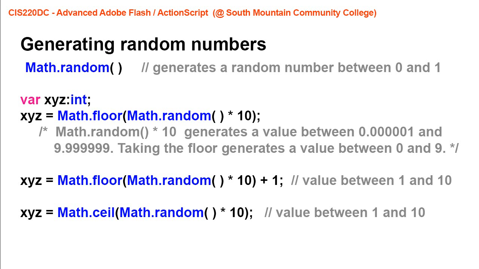So this example here of xyz equals Math.floor, and I'm taking the floor value of Math.random times 10, is going to give me a value between 0 and 9, simply because Math.random generates a number between 0 and 1, and I multiply that by 10, and it's going to give me a number between 0.000001